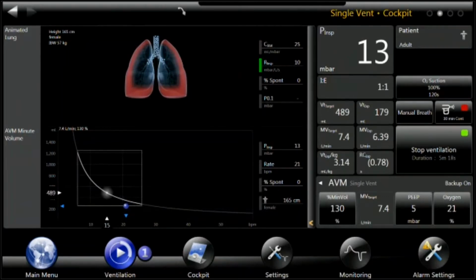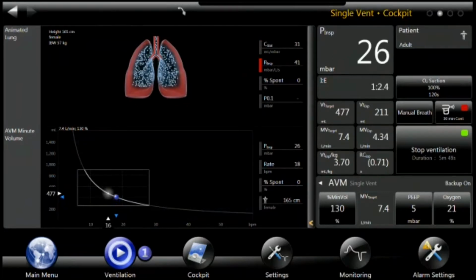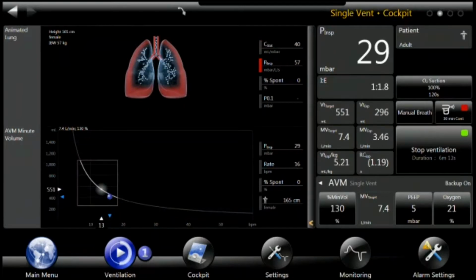But at the end, you will always have 7.4 liter, maybe not currently, because now it has to adapt the minute volume. But it will get there if you give it a bit more time. But you see now the lung protective window is getting smaller and smaller. And that means maybe at some point you have to make a decision if you want to increase the pressure limit, or if you decrease the percentage, so it's not 7.4, you see the window will get bigger again, because now Bellavista is not forced anymore to ventilate with 7.4, only 6. And just to demonstrate, if I go back to 80%,